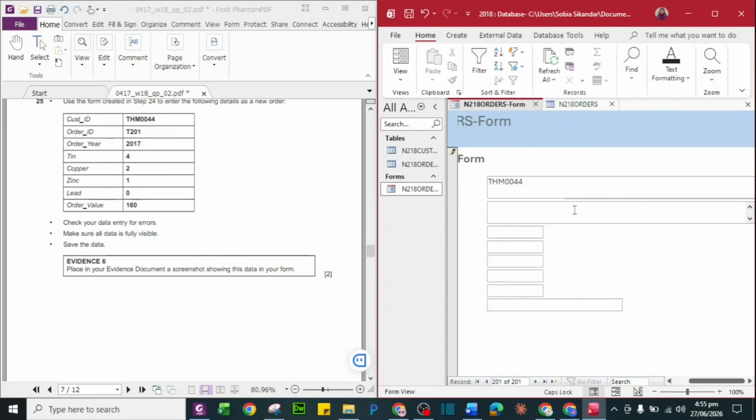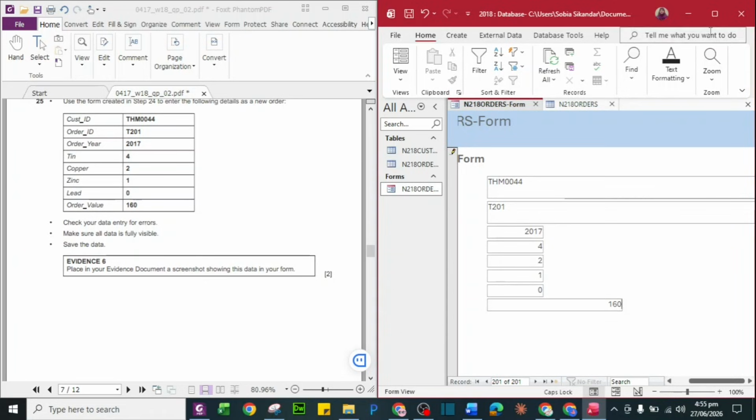Then the cust order ID is T201. Next one is 2017, the year. Tin is 4, copper will be 2, zinc will be 1, lead will be 0, and order value is 160.